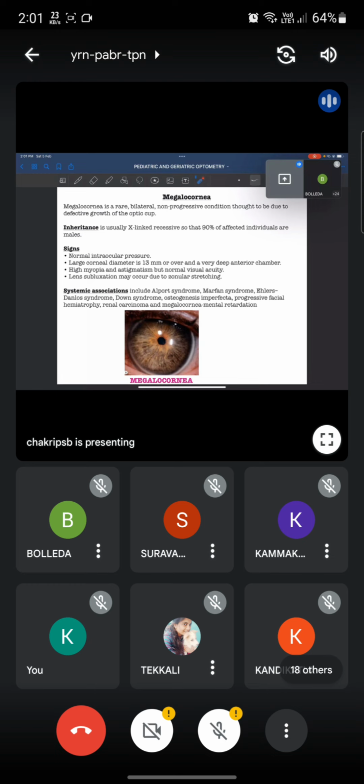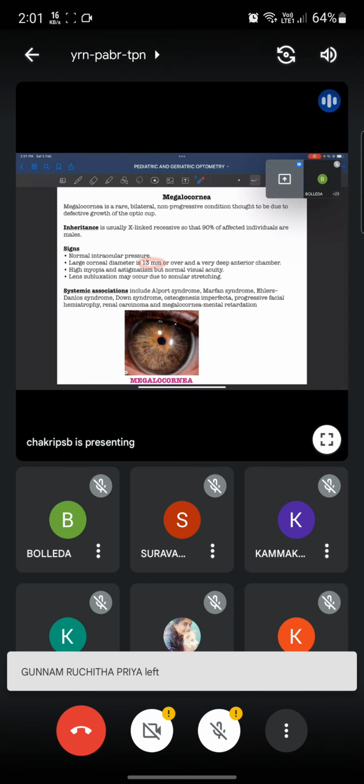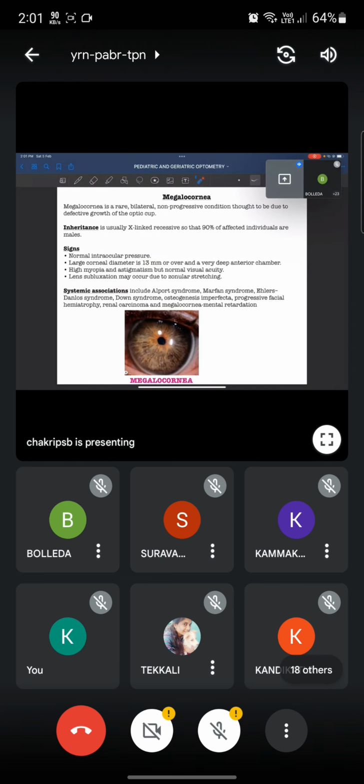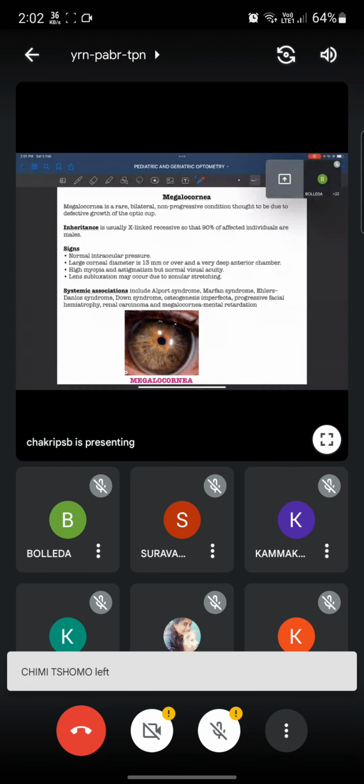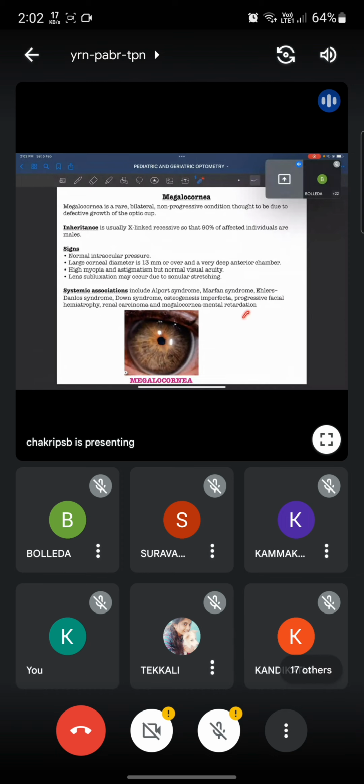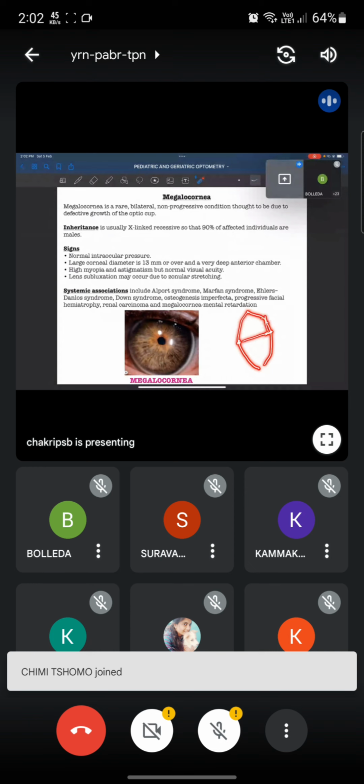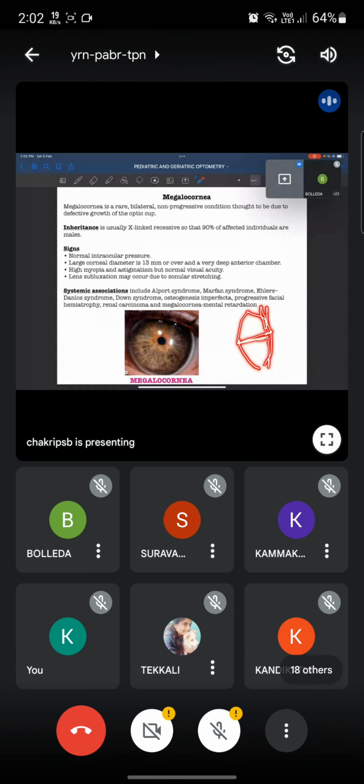The signs are mainly these: normal intraocular pressure will be there. The cornea diameter is more than 11.5 mm; 11.5 to 12 mm is normal, but here the diameter of the cornea is 13 mm or over. The anterior chamber is very deep. Deep anterior chamber will be there. Between the cornea and the iris, the distance is very